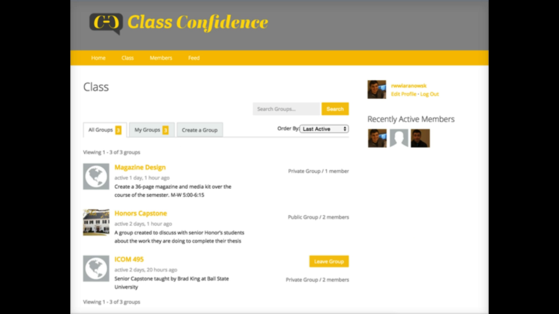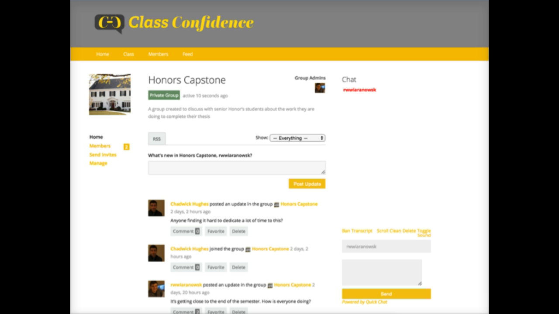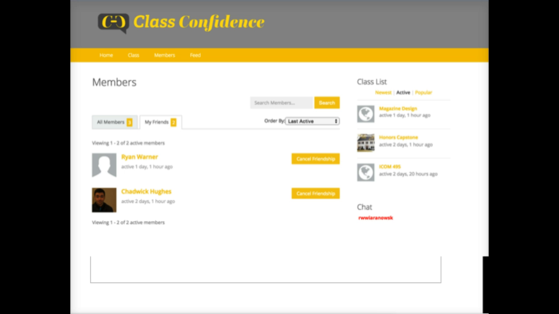So I'll take you through each page. You make it to the class page, you can see these are classes, and what you could do with the classes is make your own class, and then you can invite any of your friends, make it public or private, and there are many settings so people can engage in groups. So this is kind of a look into the honors capstone group, where I've been talking with other seniors that are doing their honors theses, just so you can see how they're doing and get an idea of what they're doing this semester.